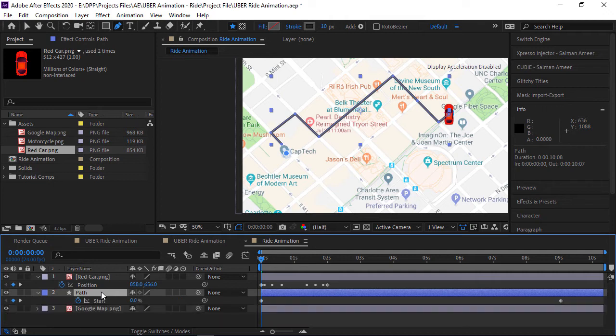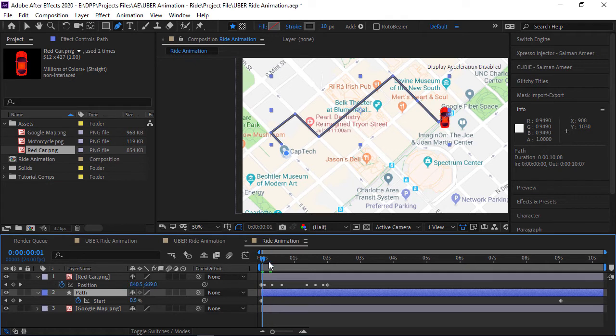as you can see, my keyframe is that long, the duration of this path animation, and my car animation is that long, which is very less. So we need to, as you can see, my car is moving too fast. It's along the path but moving too fast, so we need to align to this,